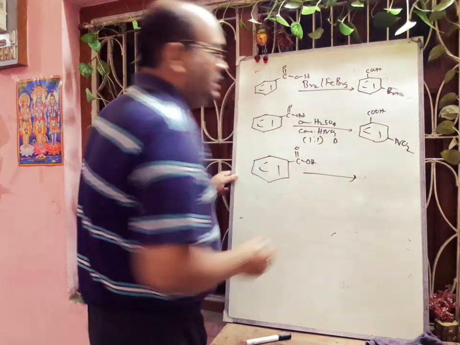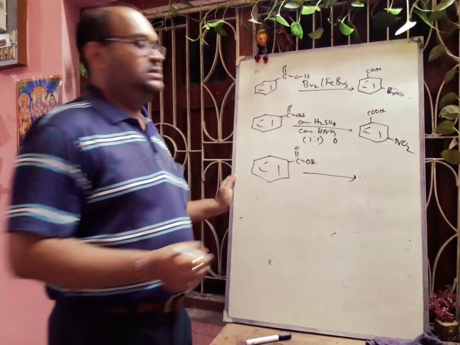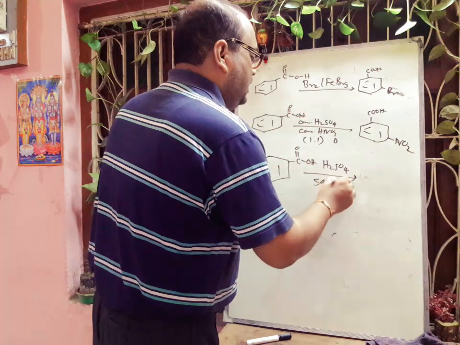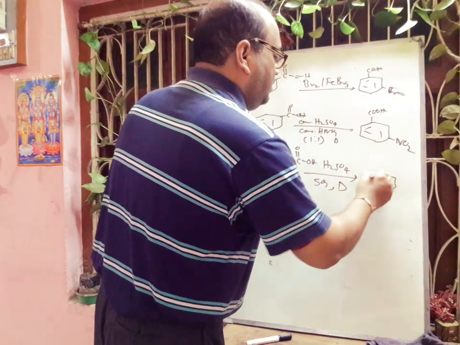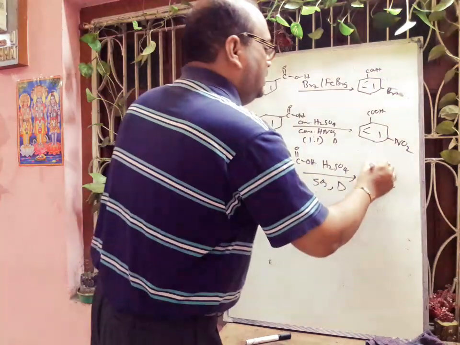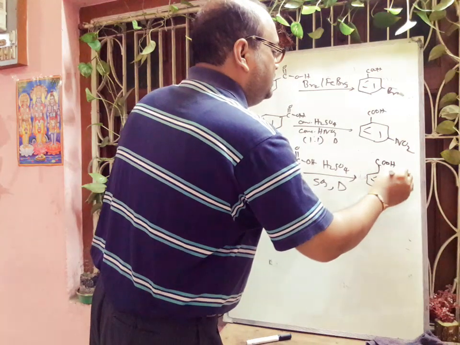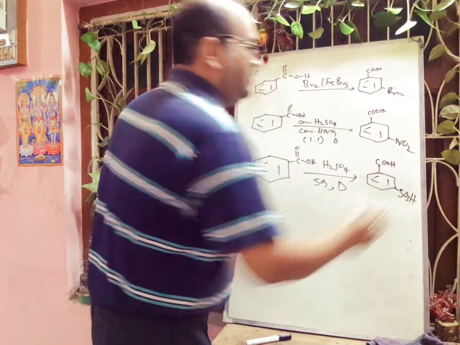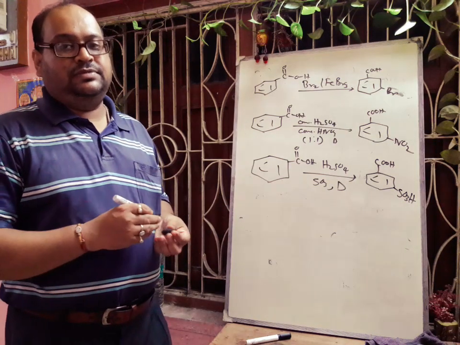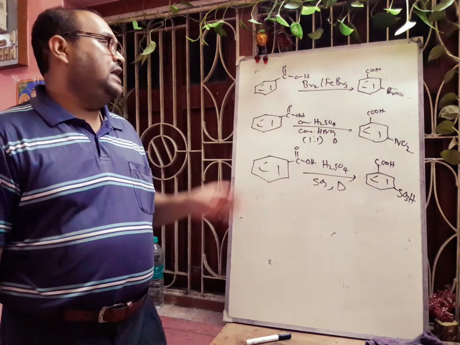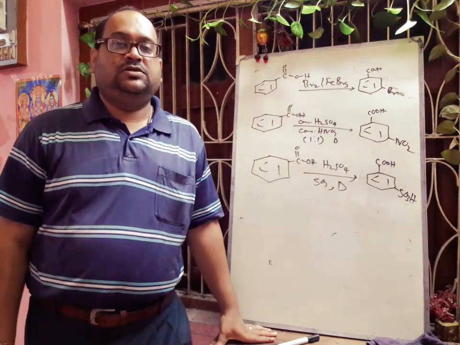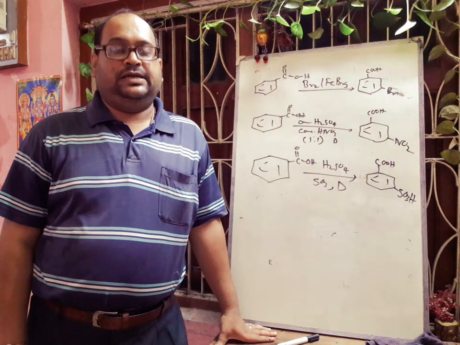and if we add concentrated sulfuric acid or fuming sulfuric acid in the presence of sulfur trioxide, and apply heat, definitely what will happen? There will be sulfonation at the meta position. This COOH, at the meta position there will be SO3H. Hope you can understand. But if we think about the Friedel-Crafts reaction, as the aromatic ring becomes deactivated by the COOH group, there will be no Friedel-Crafts reaction.